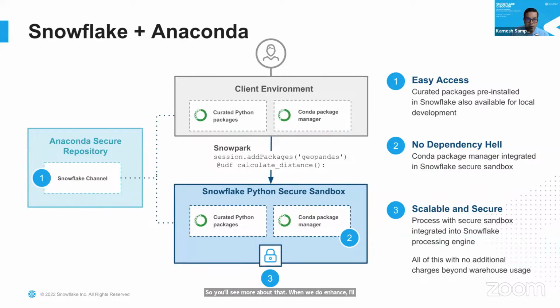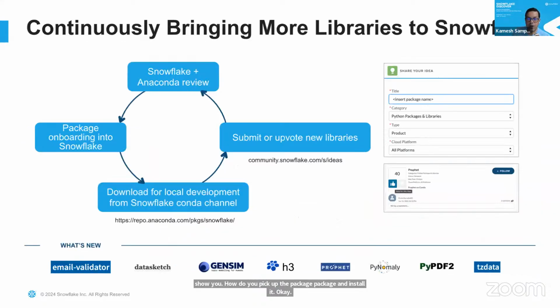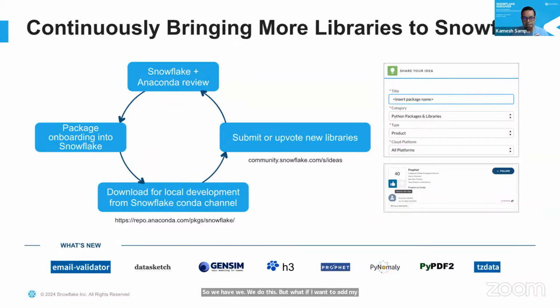Okay, great. But what if I want to add my custom package into Snowflake's Anaconda channel? There's a process for that. You can put in a request by going to the Anaconda community ideas page for packages and dropping in the package name that you want. We will do the review with Snowflake plus Anaconda to make sure that the library is okay to be added and used. Once we are okay with that, it's going to land in a Snowflake release. We already have lots of other packages listed below, already available for you within our Snowflake Anaconda channel.